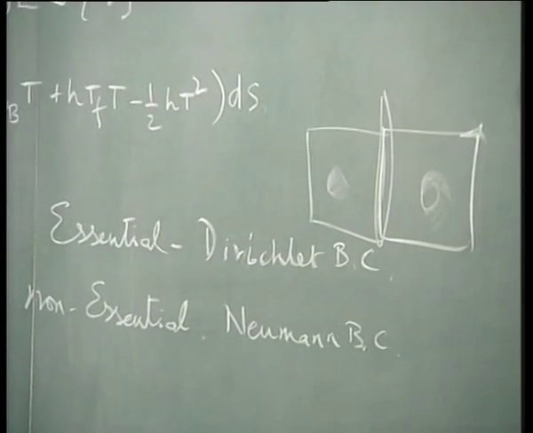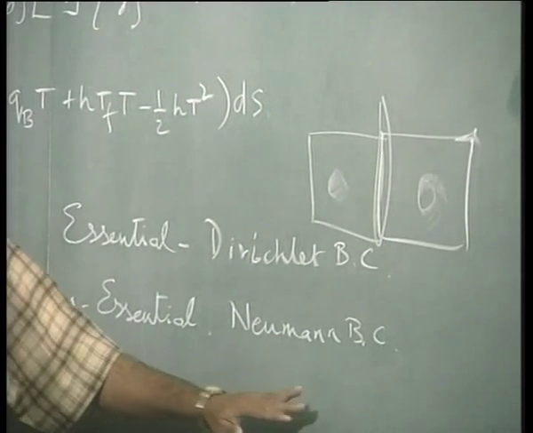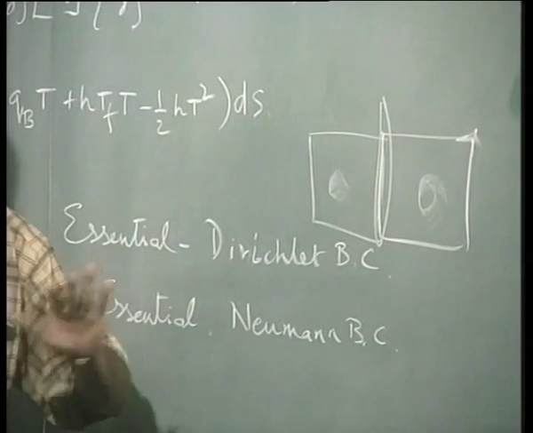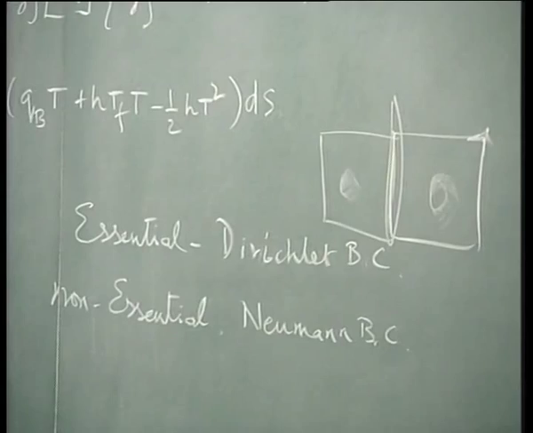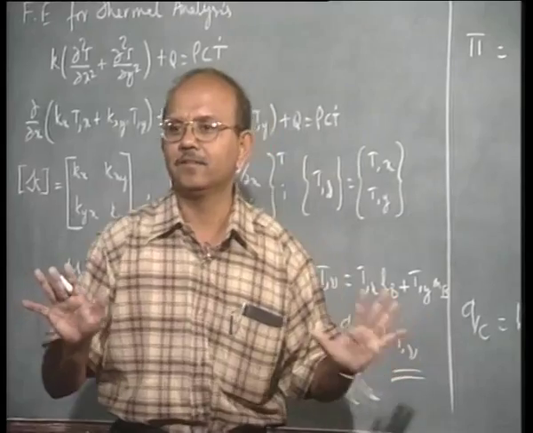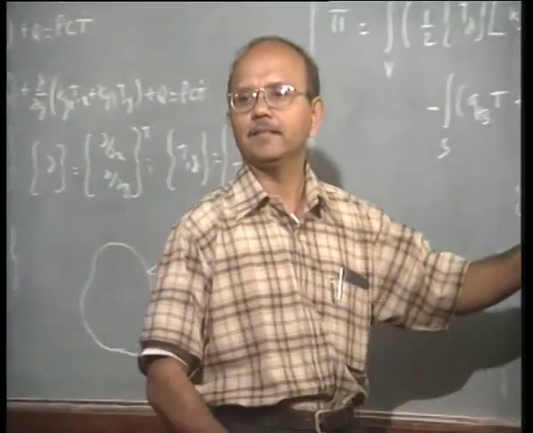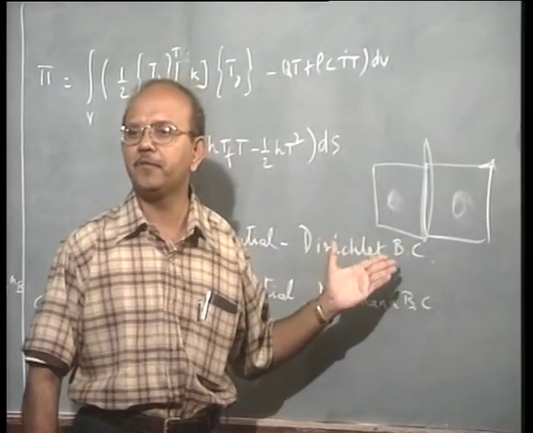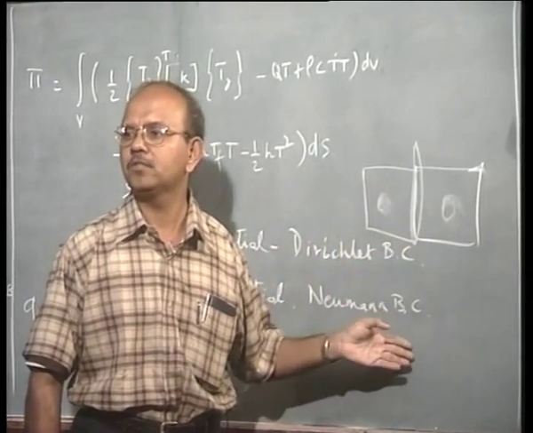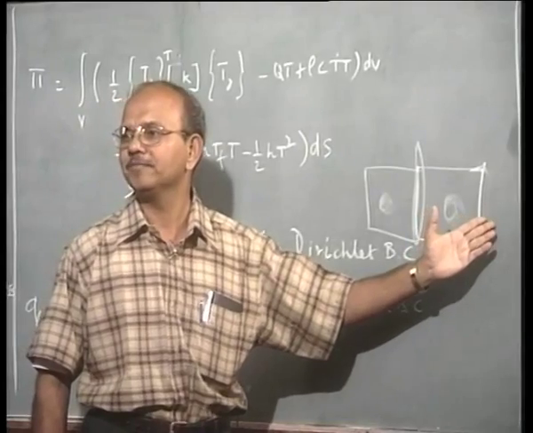And I said that the non-essential boundary condition, called the Neumann boundary condition, is where I give QB, and you can't solve a problem giving this alone. You all agreed. Now I have posed you a problem like this. If you have agreed with me on these two counts, tell me how do I solve this problem.